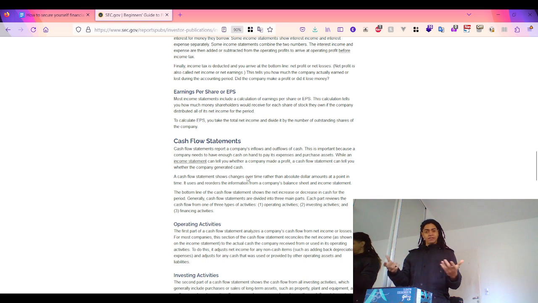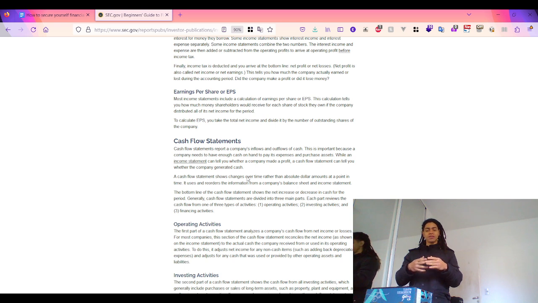This statement reviews the cash flow from one of these activities: operating, investing, and financing. Operating focuses on how a company is raising funds by analyzing the net income and reconciling that with the total amount of cash that was used or received by operating assets and liabilities, or operating activities. So, the most common operating assets, you have things like accounts receivable,